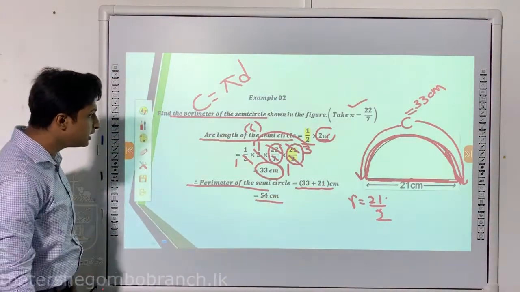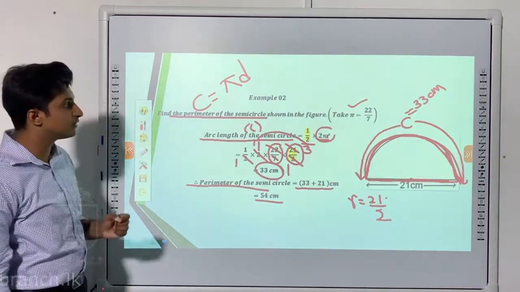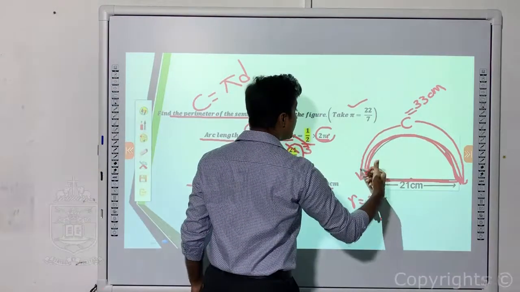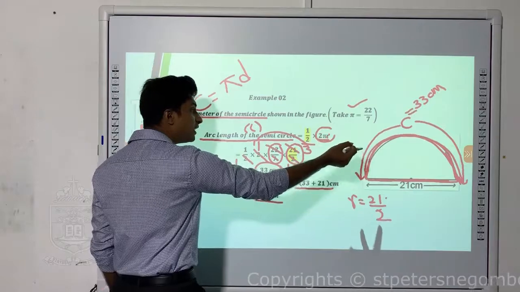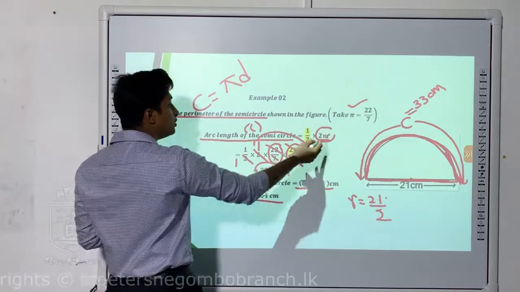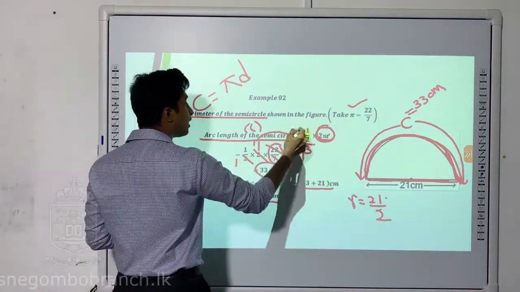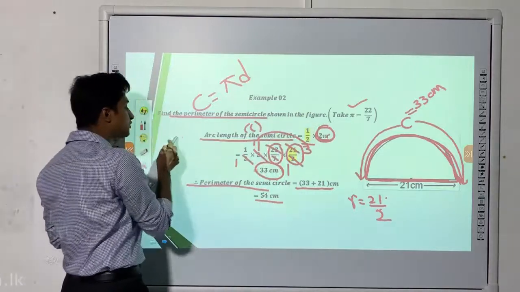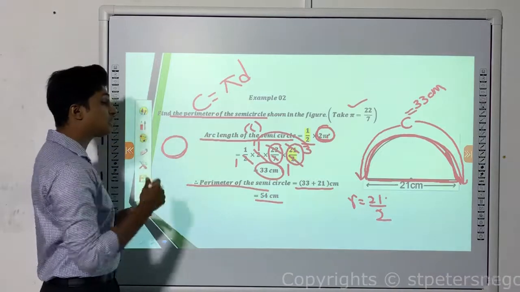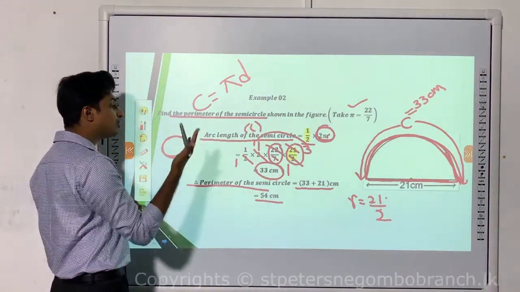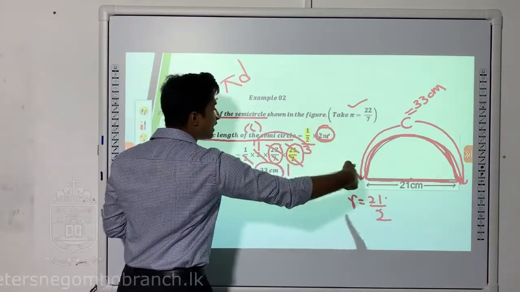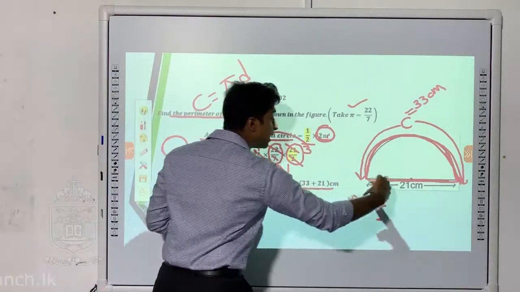If I explain this to you again, in this question they are asking me to find the perimeter of the semicircle. So in the semicircle you have two parts. You have a part that is a straight line and you have an arc. For the arc length you can use the circumference of a circle concept. But when you use the formula 2 pi r, remember you have to put half in front of it, because 2 pi r is used for the entire circle, but this is half of it. So for that reason we have used half in front of 2 pi r, and that is going to be half into 2 into the pi value, 22 over 7, into, instead of the radius, I have put the diameter divided by 2 because I am given the diameter.